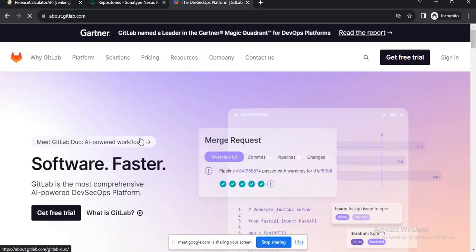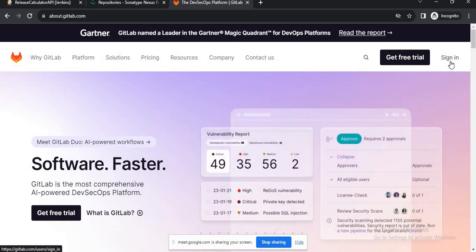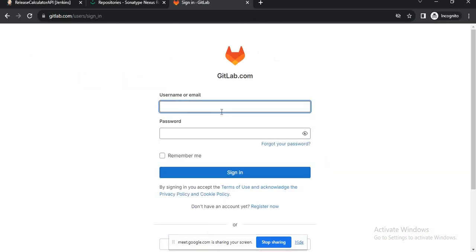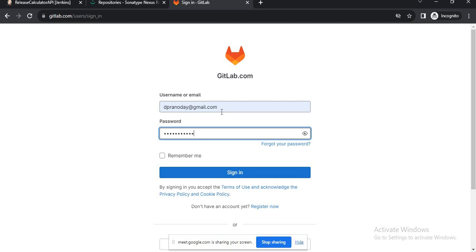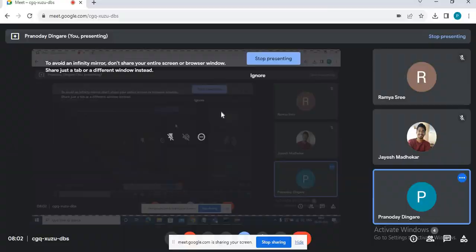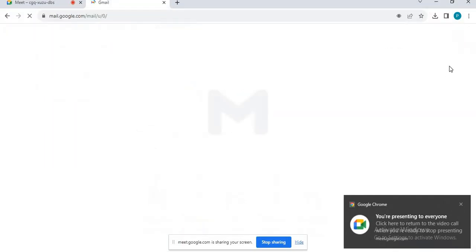These recent changes are mainly in the POM XML, and test cases have also been added, right? So let me log into my repository and get the code.